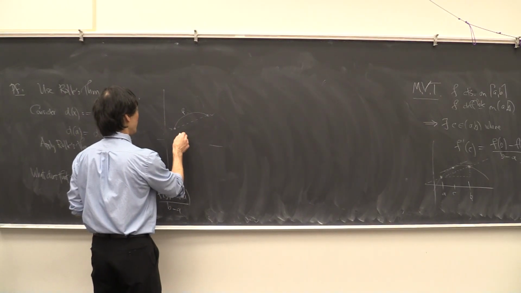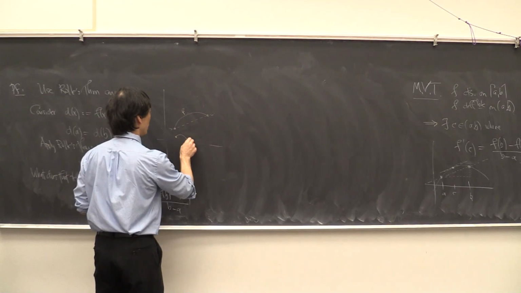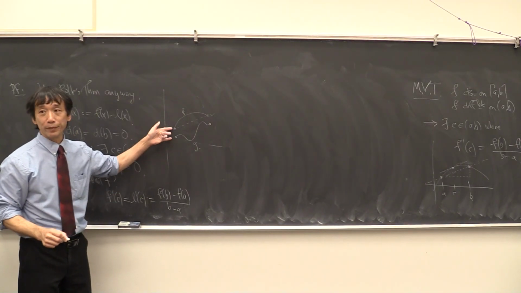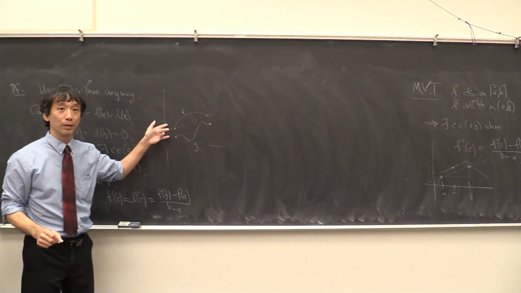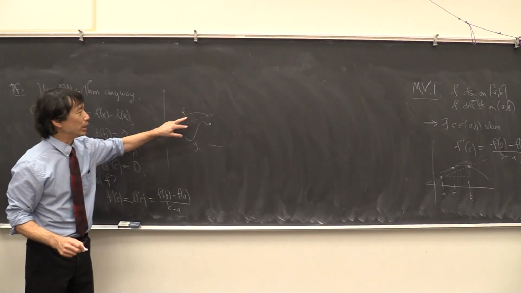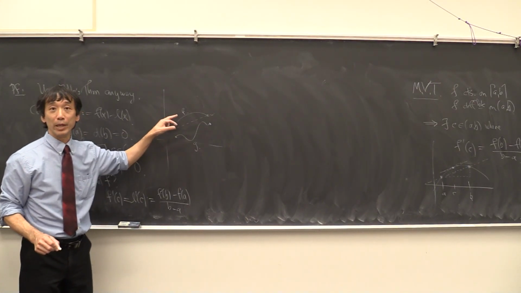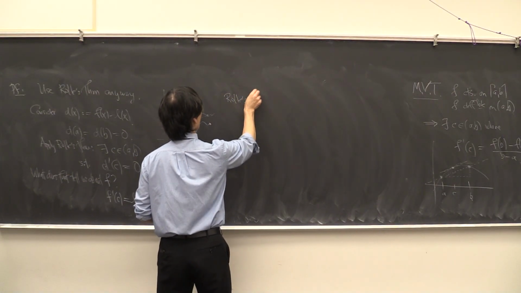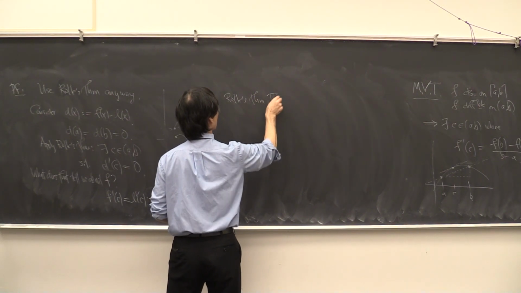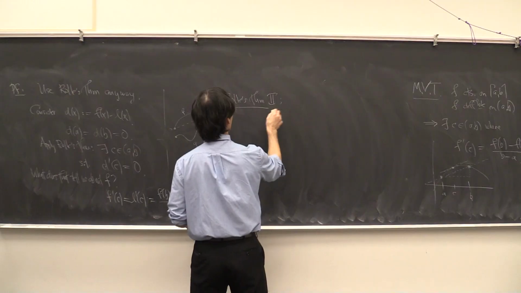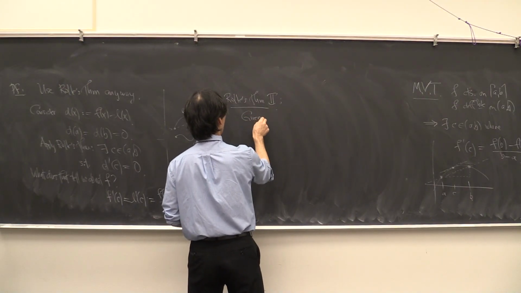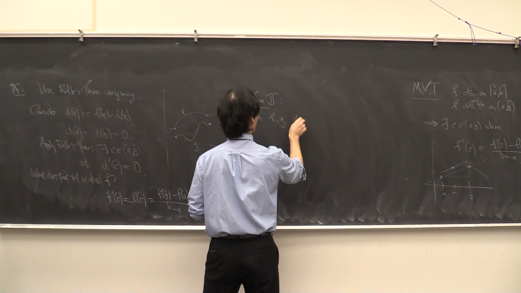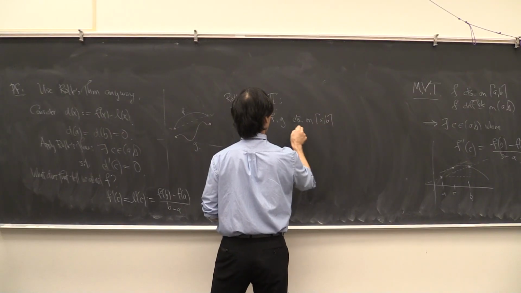Actually, there's a little bit more leeway than that. I could take basically any other function and look at the difference, and I can apply Rolle's theorem to that, because as long as the difference at the endpoints is the same, Rolle's theorem can apply. So let's create a Rolle's theorem number 2. Given two functions f and g that are, as usual, continuous on AB and differentiable on the interior,